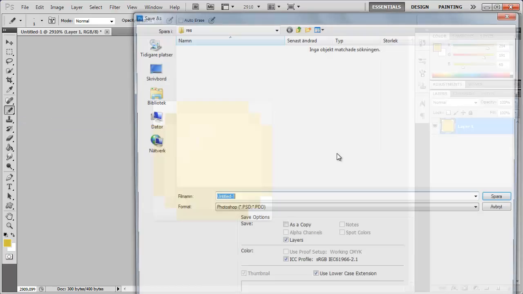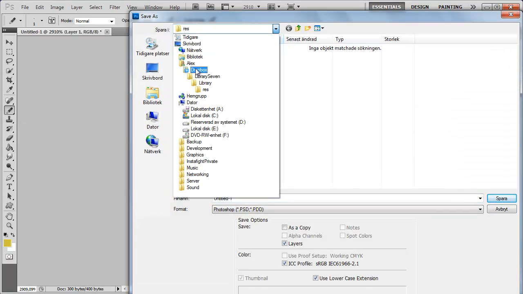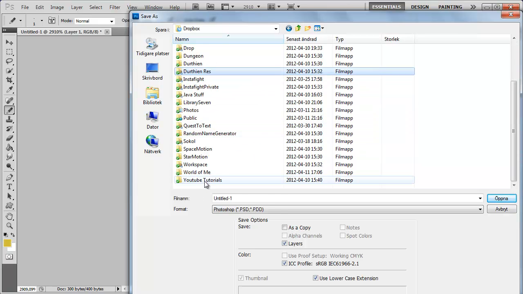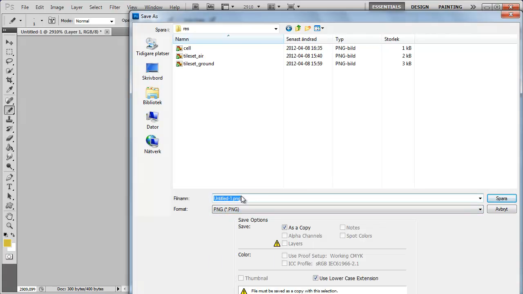We're gonna save this as a coin. Save. What res folder is this? This is in Dropbox for me, and this should be in the C drive or on the desktop for you. You're just gonna locate your folder again where you saved stuff the first time, your res folder. So we're just gonna save this as coin.png. So basically coin.png,